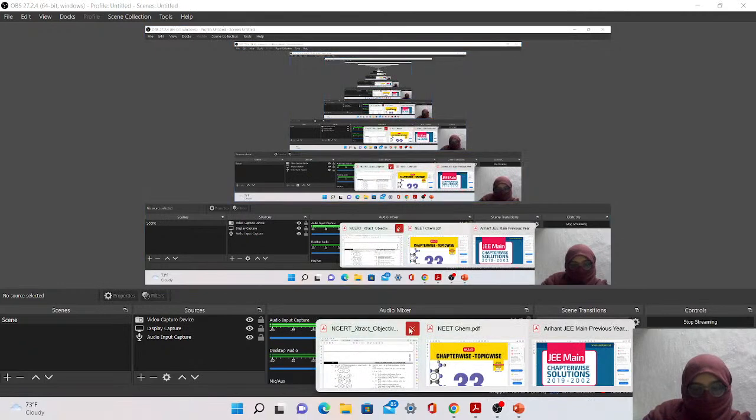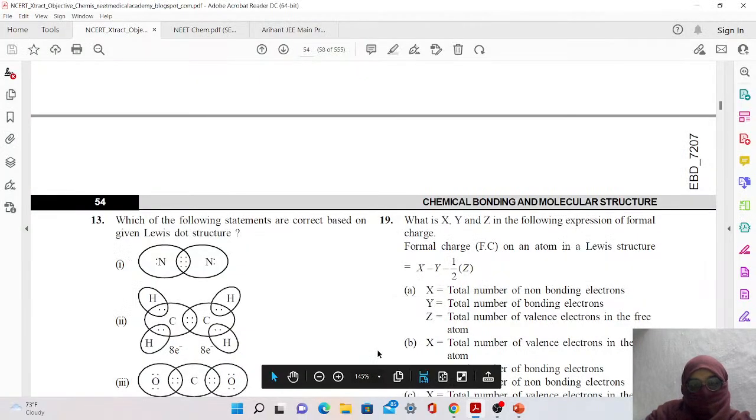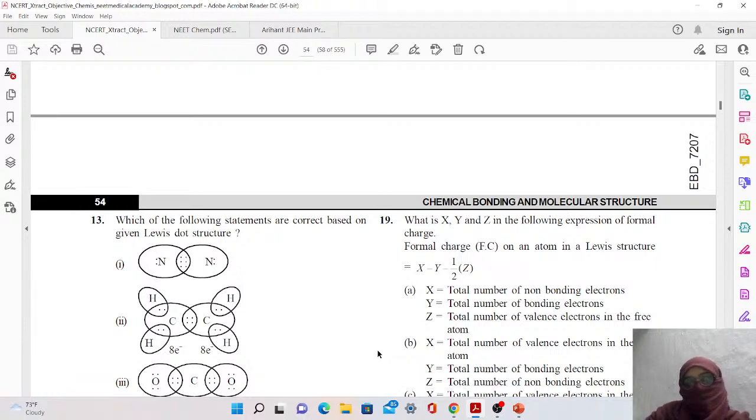So this is a chemical bonding practice session. I already discussed the chemical bonding and molecular structure chapter, half of the chapter, not full. As I already told you, we are dividing this chapter into two parts: chemical bonding and molecular structure. So I just discussed half of the chapter, so I just need to discuss the practice questions, because there we